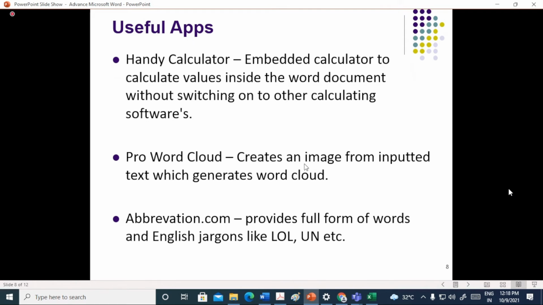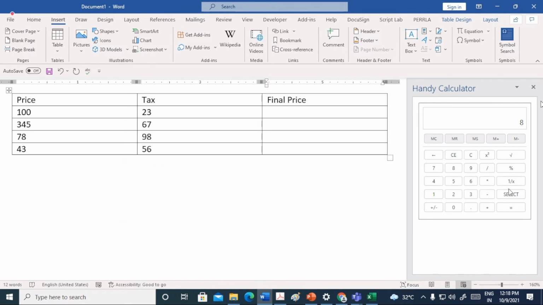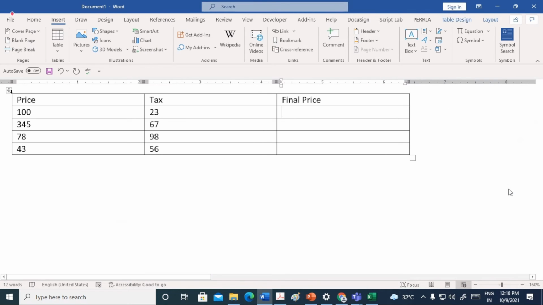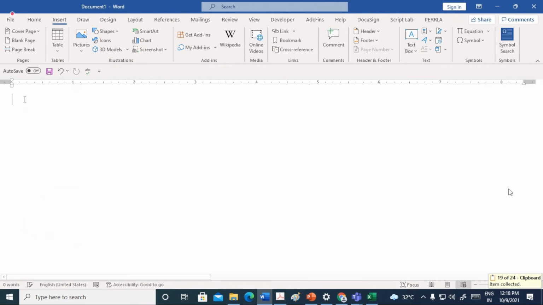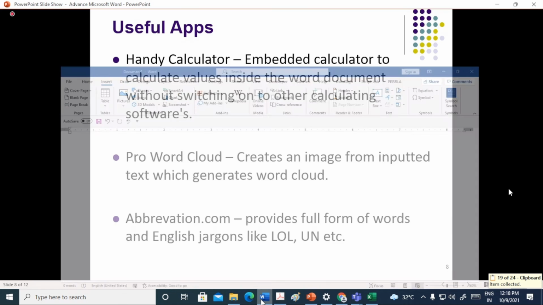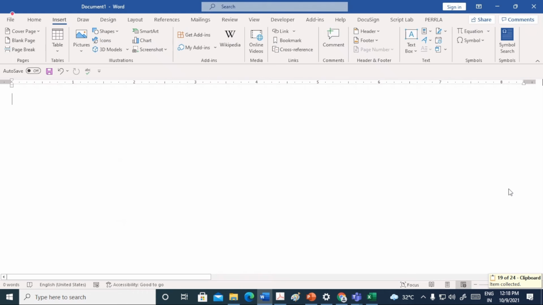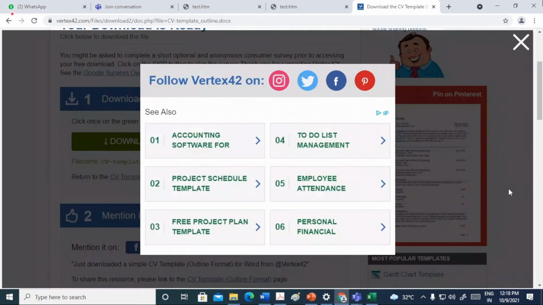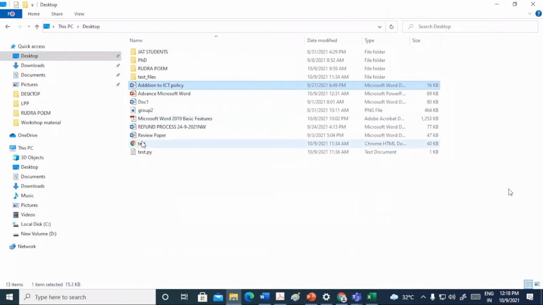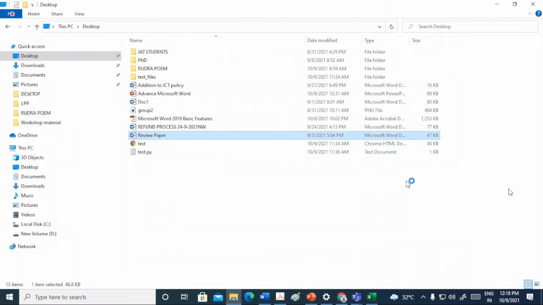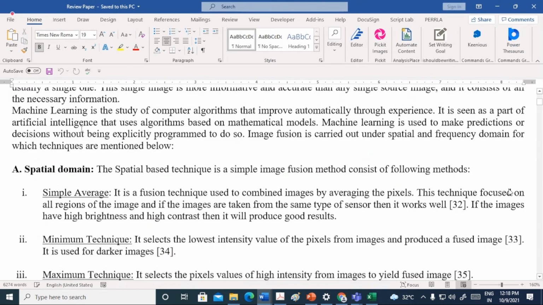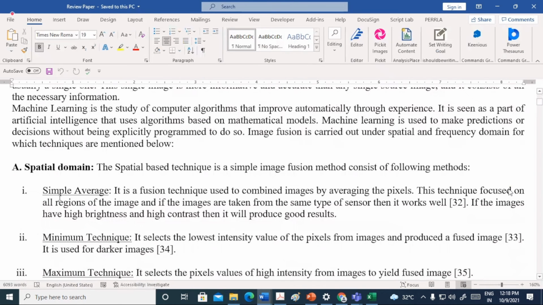Then Pro Word Cloud creates an image from inputted text which generates a word cloud. This is very interesting. Let me remove this and let me open any of the existing Word documents. Let us say I'm copying this part.